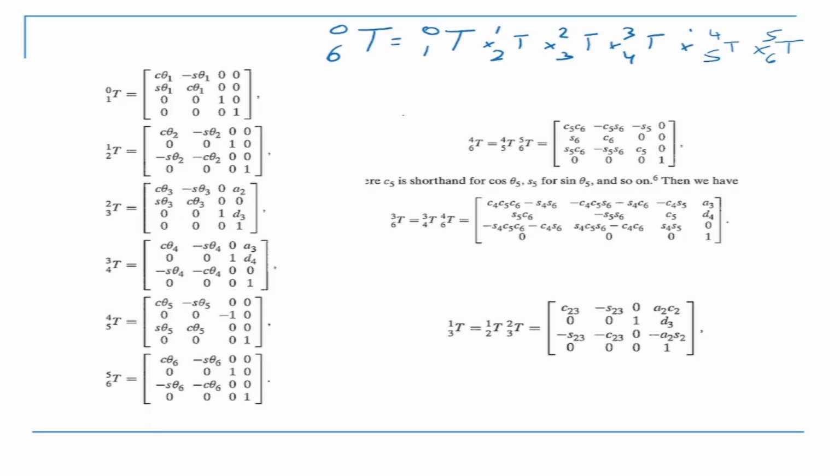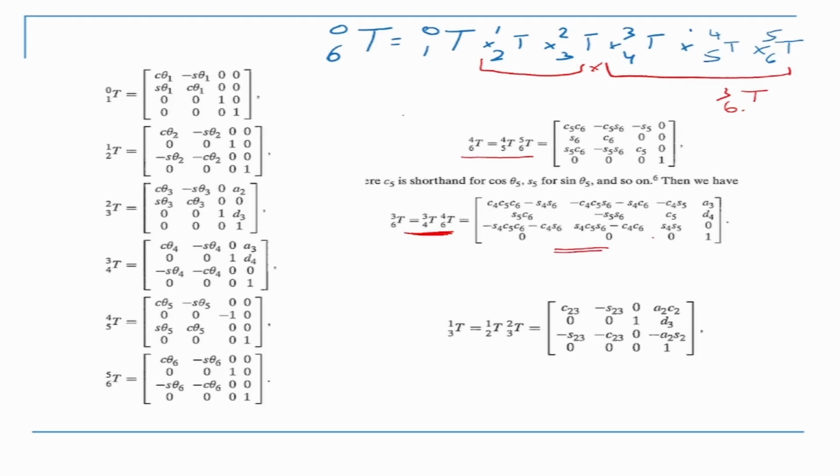So the way we multiply is we multiply from this side. We multiply these 3, then we multiply those 2, then we multiply this. So if you do that, this is 4 to 6, and then this is 4 to 3 to 6. This is the matrix 3 to 6. Okay, there is this one. So what we get is this.